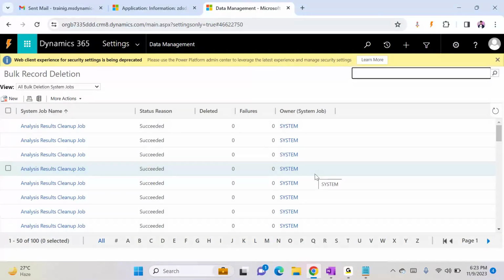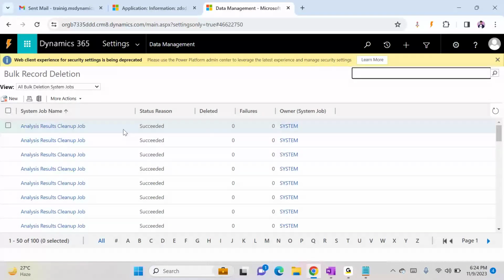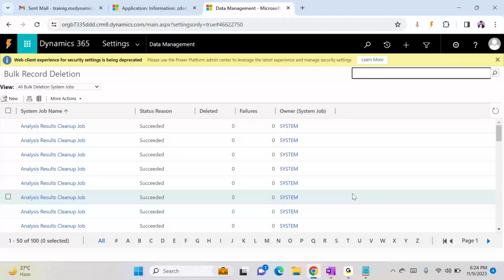And one more thing is bulk record deletion. This is useful. Let's say when you are working in real time, you have imported the data. Okay. So wherever, for example,